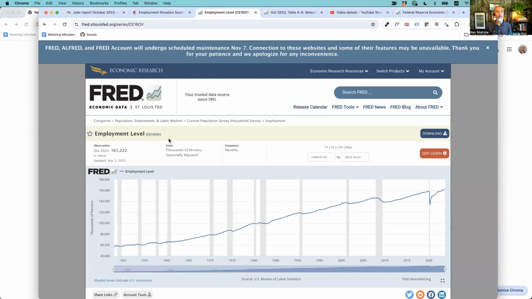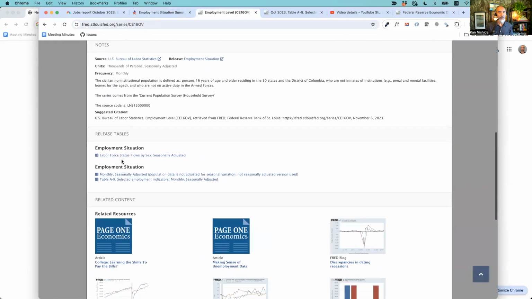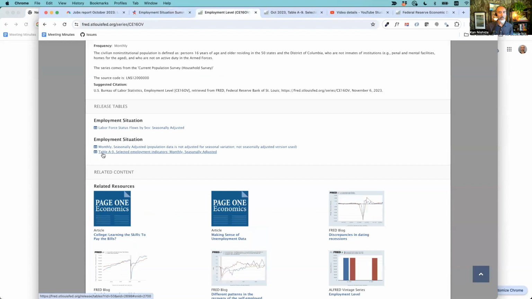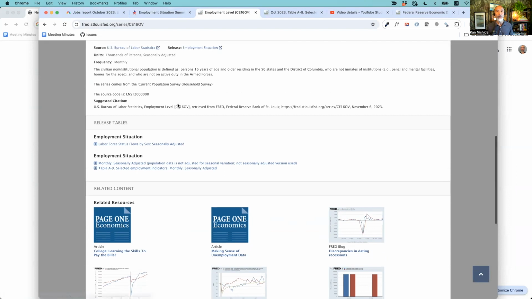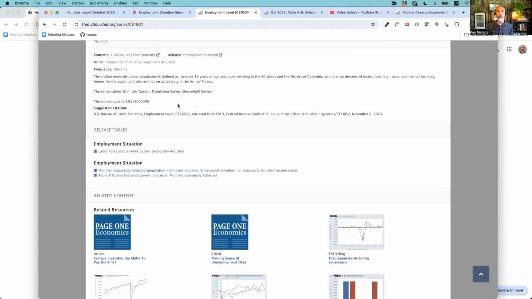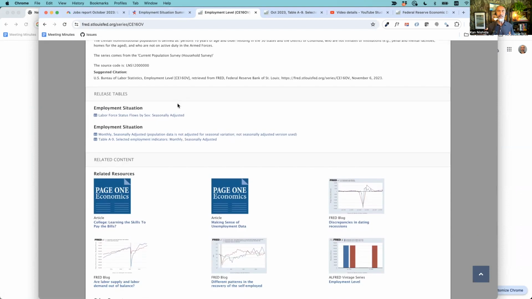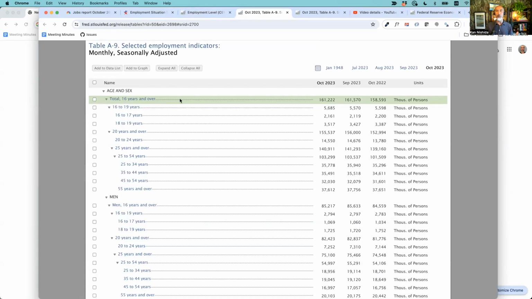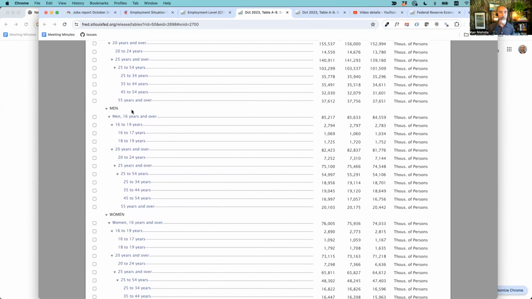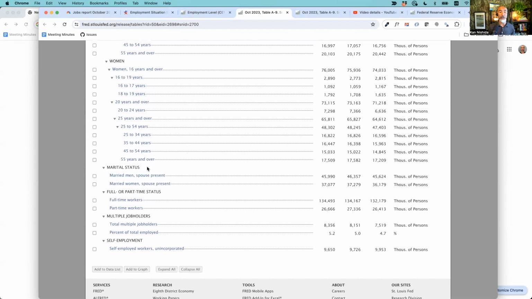So here, this employment level data, again, this is a household survey. And then when you scroll down, this is kind of interesting. Here, employment situation, and then it says table A9. They collect various demographic data too, right? So the one we are looking at is just one of many metrics from the household survey. And that means you can find some similar metrics, but slightly different based on the demographics and so on. And that's usually the table A that lists those metrics. So if I click on this, we are looking at overall data, okay? But then you can go down, break down by the ages, you can break down by men or women, and then also marital status as well.